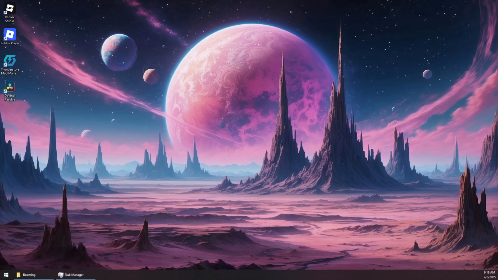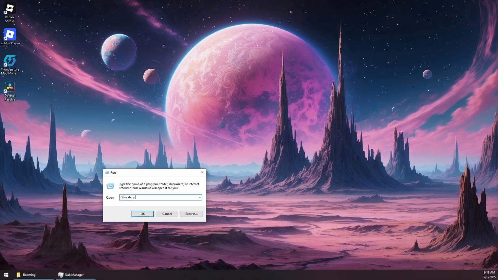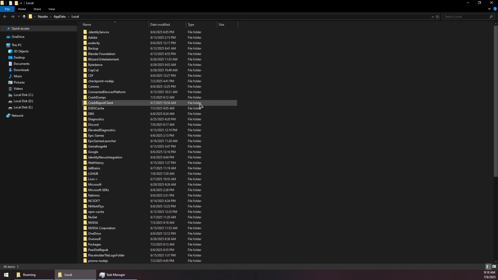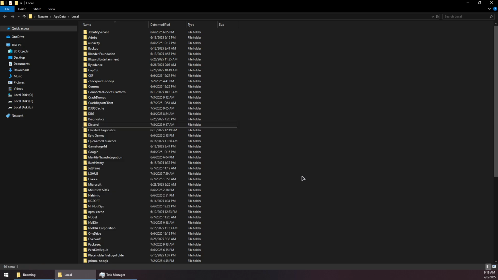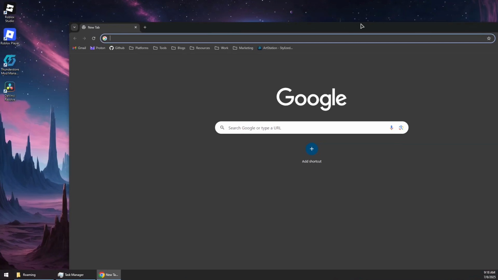Right click on start button and then open the run menu, and instead try to type percentage sign local app data percentage sign and press enter. Now you want to look for Discord folder in here, right click on it and delete the entire folder. Once it's deleted, you want to open up your browser and head to